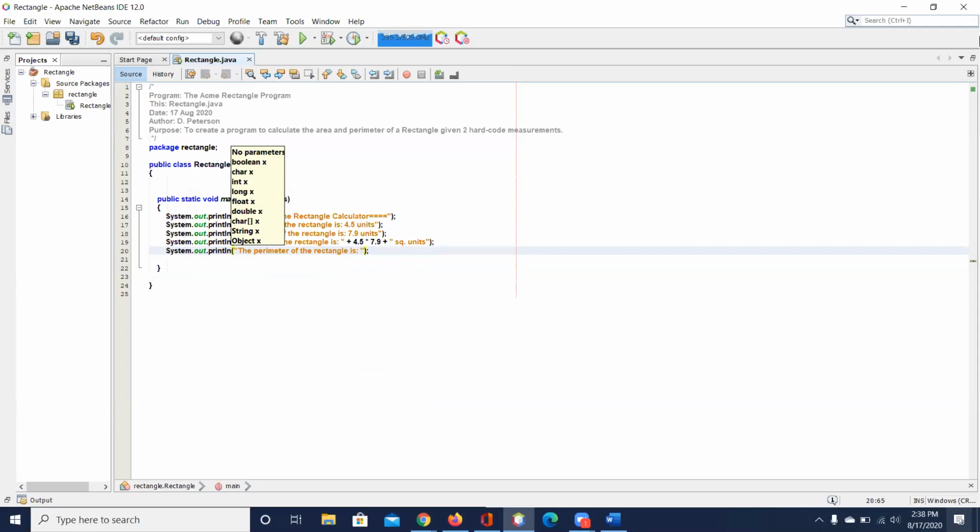Again, you notice I didn't jam the number up against the is either. So this is a plus 2 times, and I could do this in a couple different ways. I'm just going to do 2 times parentheses 4.5 plus 7.9.